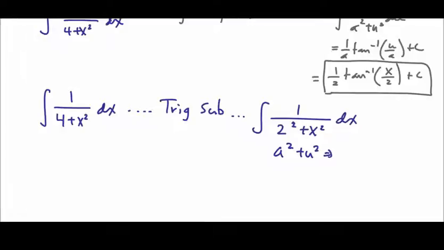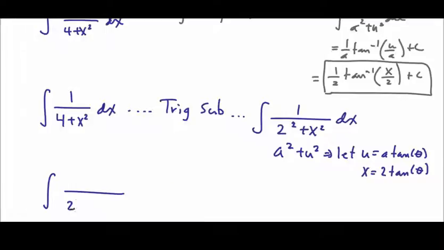And remember from the beginning, the rule was if we had something like an a squared plus u squared form, and this could be in the numerator or denominator, doesn't matter which, it said to let u equal a tan theta. So in this particular case, u is equal to x, a is equal to 2, so x is equal to 2 tan theta. So if I start using my sub, just like trig sub implies, here I'd have a 2 squared, and then I'd have an x. X is equal to 2 tan theta,